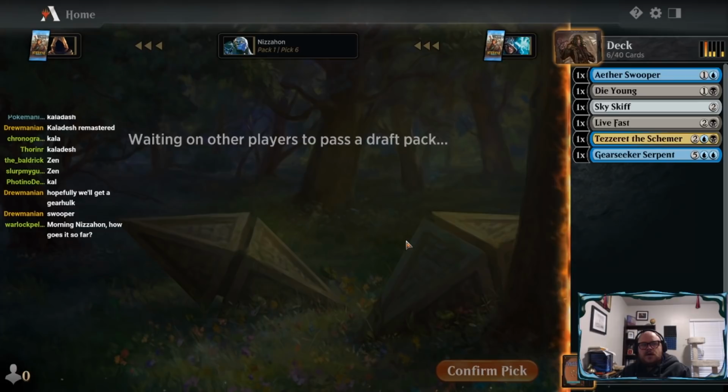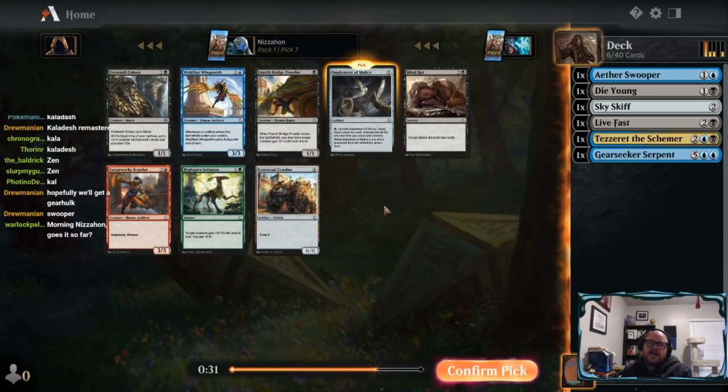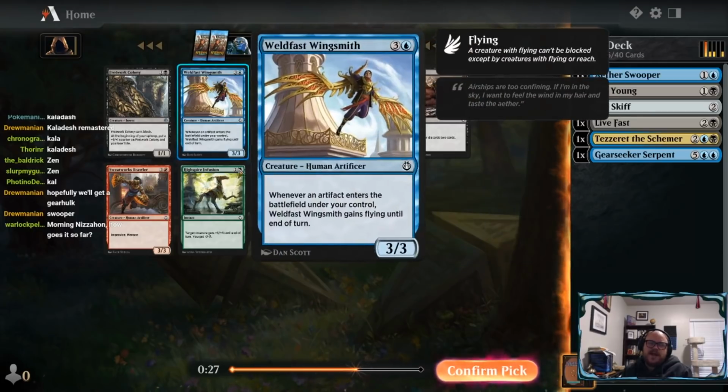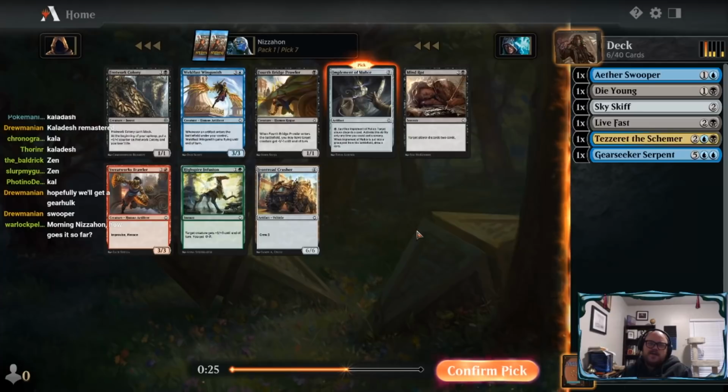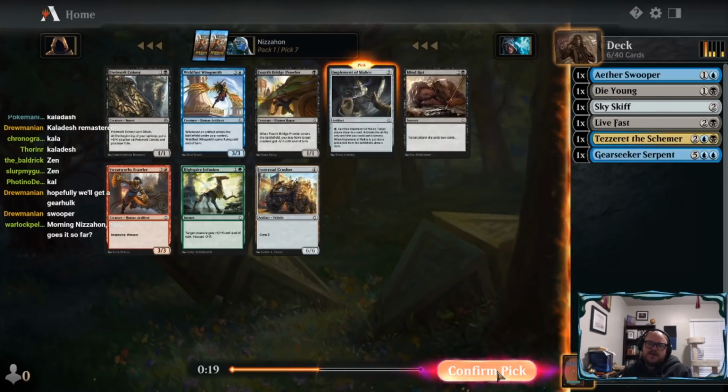Morning, Warlock. It's not going super great. We had 2 2 and 3s in Zendikar Rising to start the day, and now we're doing, as you can see, Kaladesh Remastered. So, Black Implement is probably what we want to take here. The Wingsmith's okay, but it's not that good of an artifact payoff. I'd rather grab some artifacts at this point. And this is way better than Iron Tread Crusher, so...